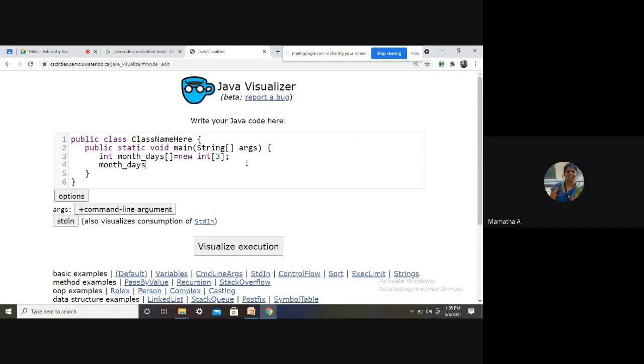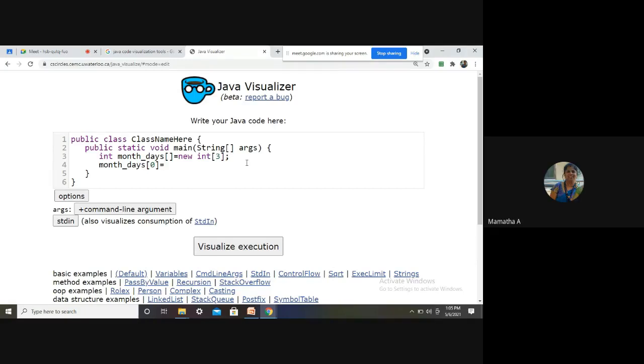Now just tell me, I want to store some value in the first element. First element, second element, third element. If I have to store the value, say 31, in the first element, which index should I use? Assigning values to my array elements. Which index for the first, second, and third? 0th index.